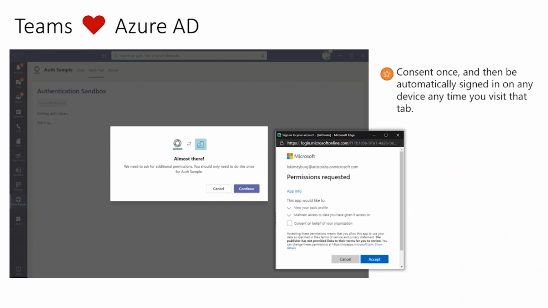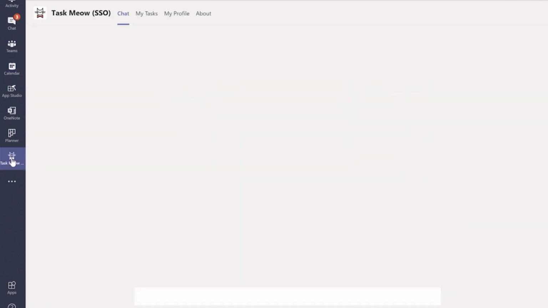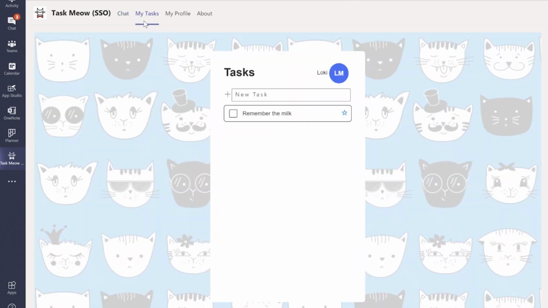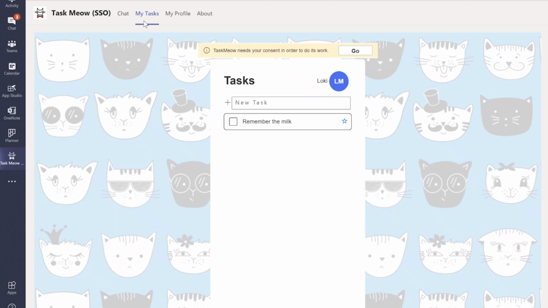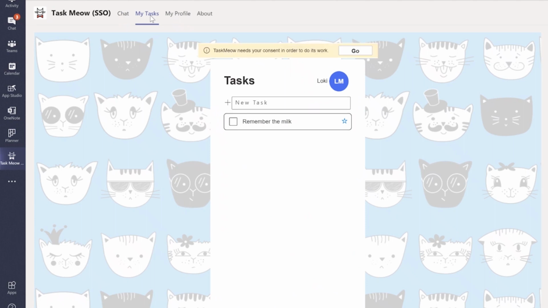So what I'm going to do is quickly jump into one of our little test apps here called TaskMeow. TaskMeow is a little app that my team works on internally to test features. So we click on My Tasks. You'll see how quickly that was. I was instantly into that application. I'll just go back again quick. I'm automatically signed in. There's no sign-in experience needed. One of the things that you will notice is this little banner up here: TaskMeow needs your consent in order to do its work. Really, what's happening in this demo is